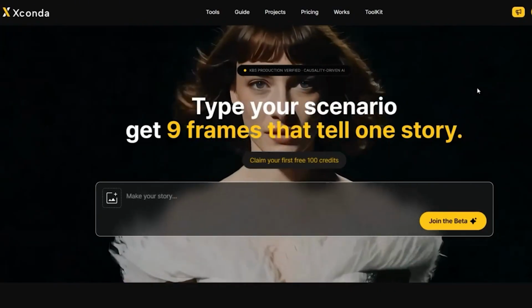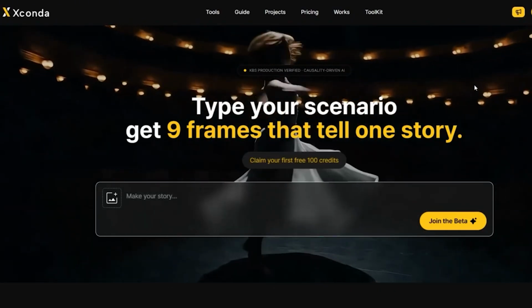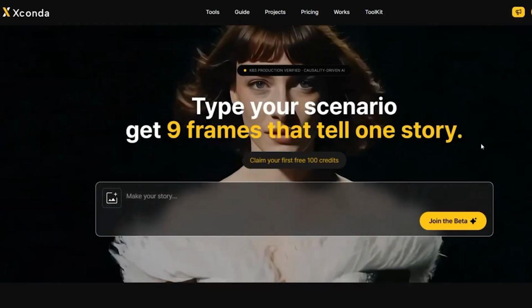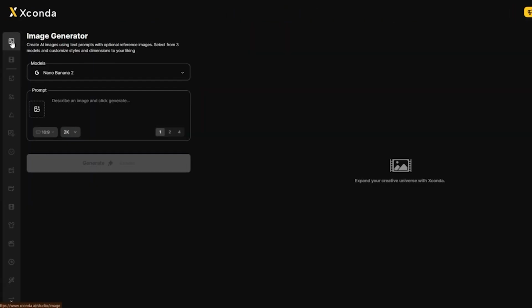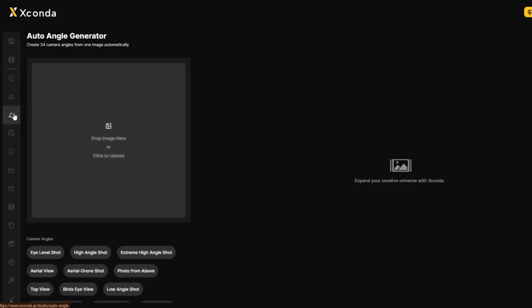With just a single image, you can automatically generate up to 34 camera angles. Introducing Auto Angle Generator. First, click Tools on the main screen to enter. On the left sidebar, click the fifth icon, the triangle shape with an angle indicator, and the Auto Angle Generator